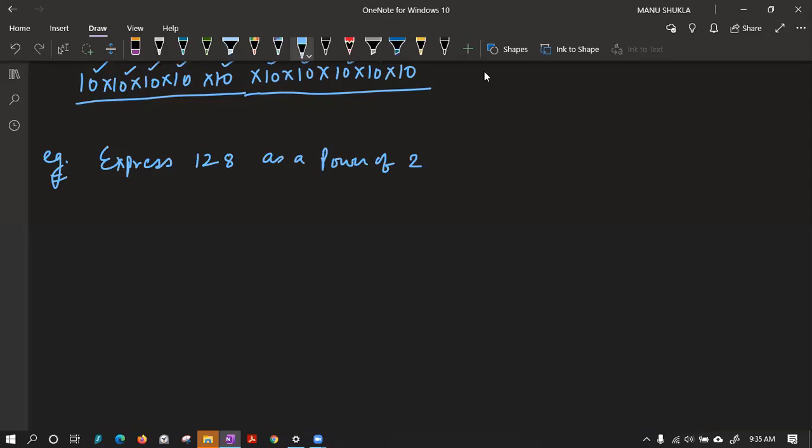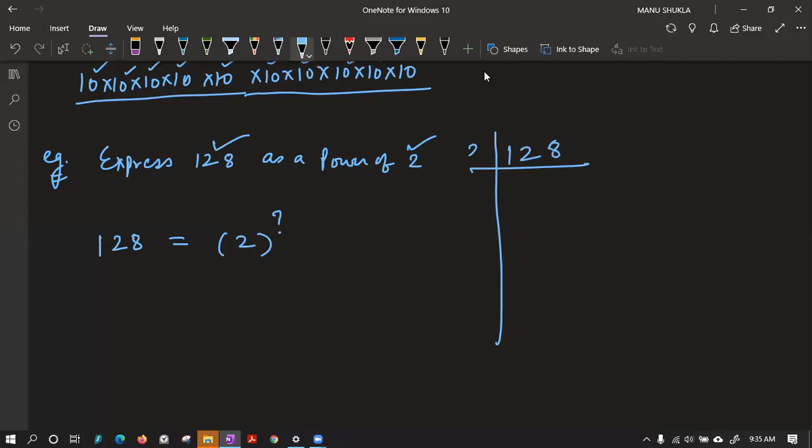Yes. Now tell me the answer of this one. We are writing this 128 as 2 power something. We want to find this question mark. Class, we want to find this question mark. Many of you gave the answer. The easiest way is to prime factorize this 128 in terms of 2. Let us start.